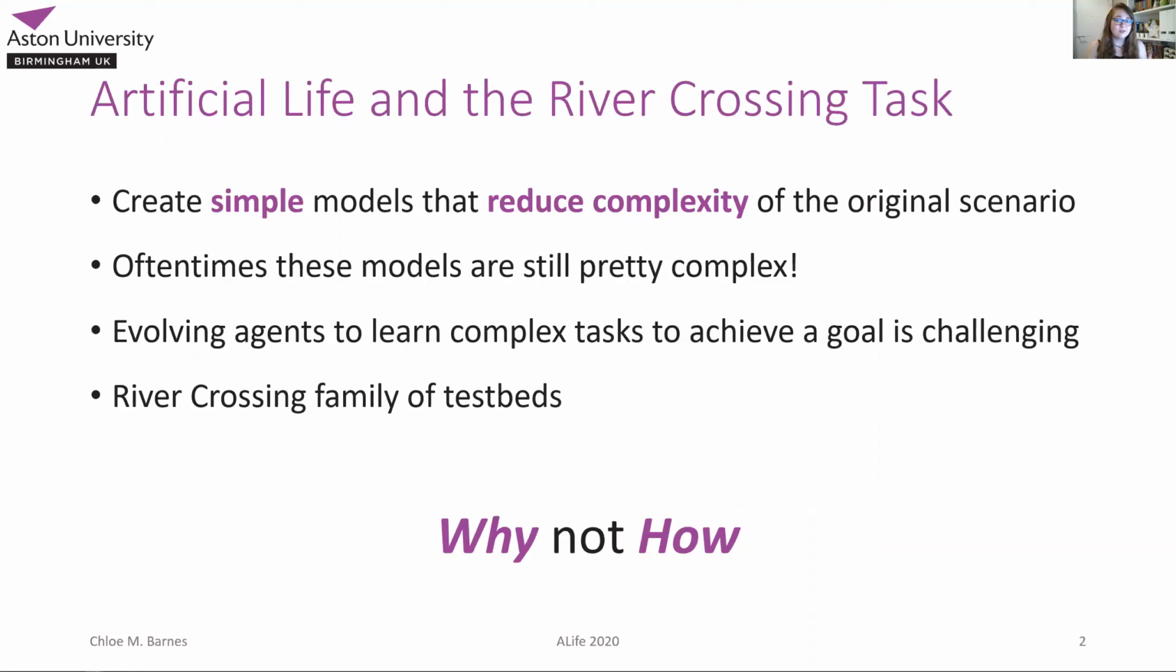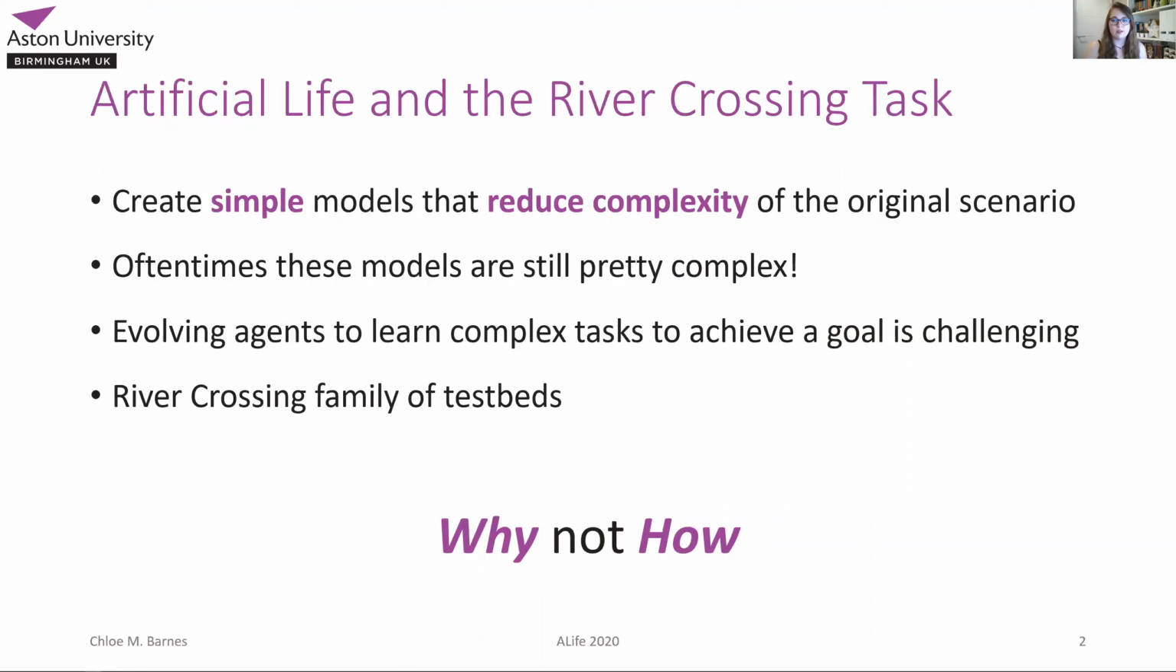And there are different approaches to design agents that can solve complex problems in a number of different ways, such as task decomposition or evolving modularity in a neural network, for example. But our focus is more on explaining why the problem is difficult in the first place and what we can learn from it. So the river crossing family of test beds has been used in the past to explore these